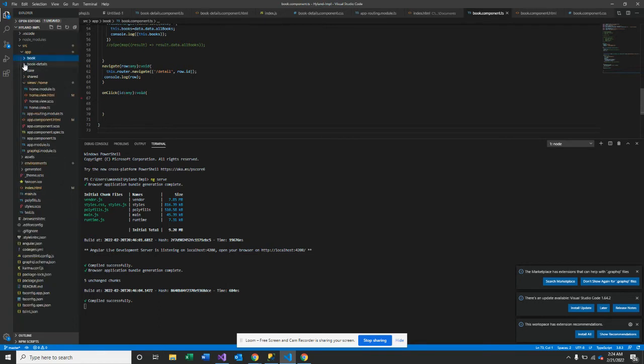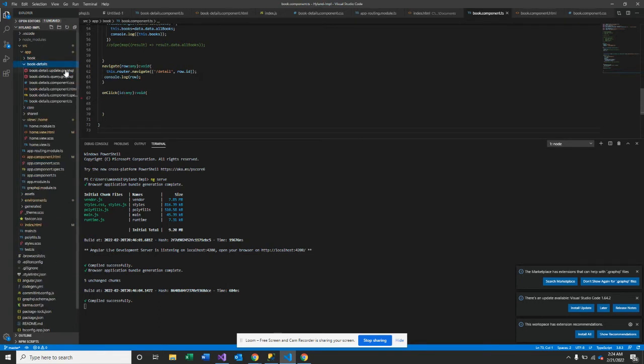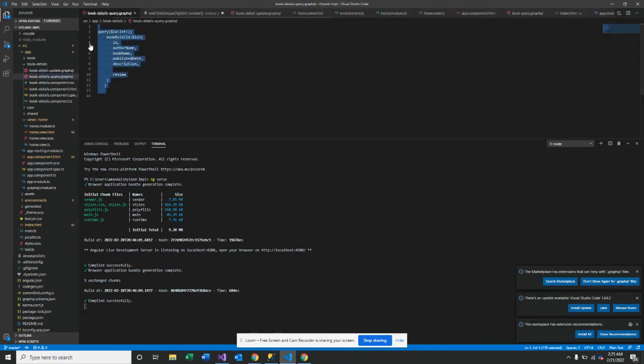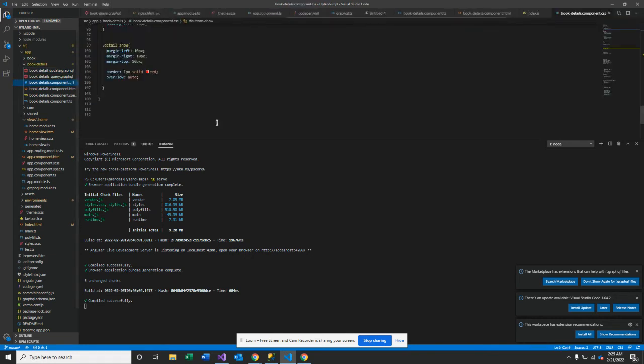And there is a book details component. That is the details part where if I click on a specific entry, it will redirect to this doctor name, their specialties, and the details of this doctor along with the previous and next buttons and the user rating. So there are two GraphQL queries. This is the query. This is another GraphQL query,